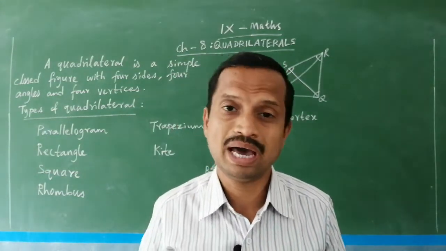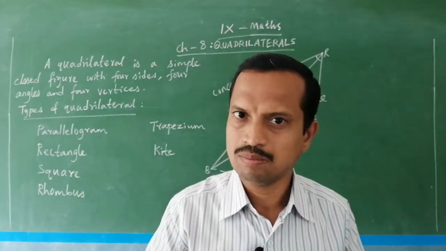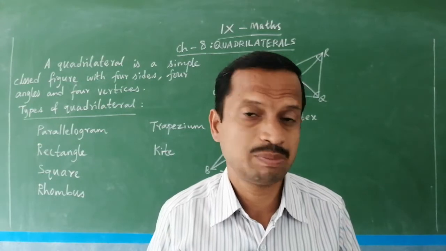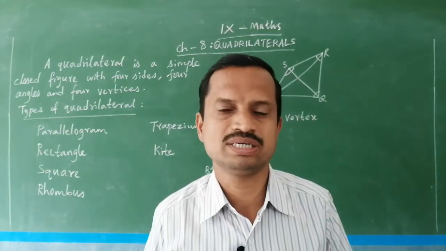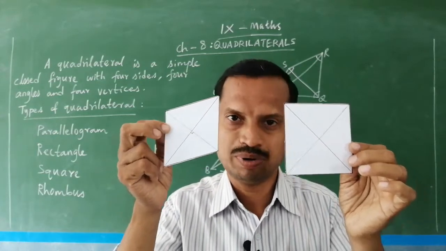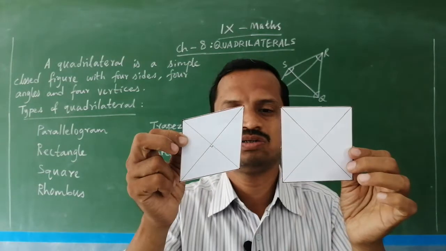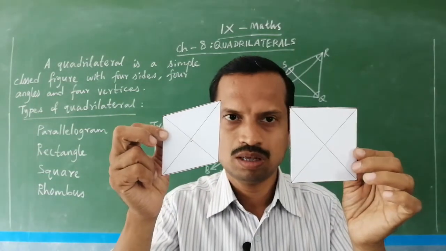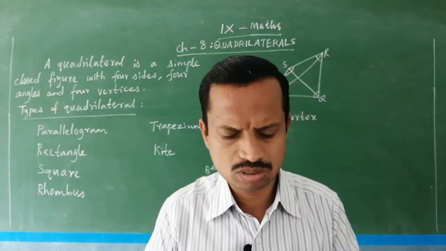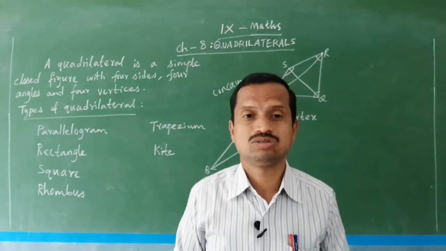Diagonals are perpendicular to each other and also bisect each other. Whereas in a parallelogram and rectangle, the diagonals bisect, not perpendicular, just they bisect each other. Here they bisect and are also perpendicular. So, in short we can say, the diagonals of both square and rhombus bisect at right angle. These are the properties you have already read in 8th standard in the chapter Understanding Quadrilaterals.